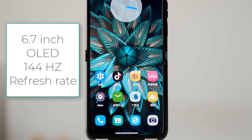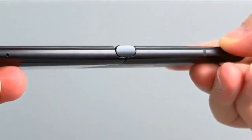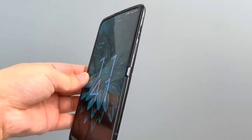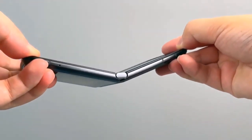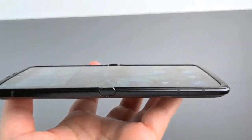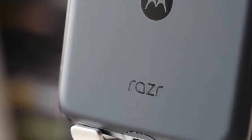The new OLED panel has a better hinge that bends in a pear shape to close completely when folded. It supports HDR10 Plus and comes with 144Hz refresh rate. Also, Motorola dropped the weird notch with the panel tucking underneath and introduced a punch hole design for the 32